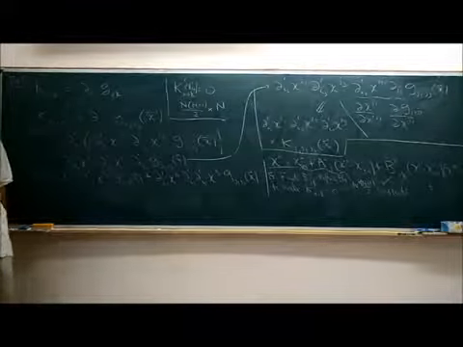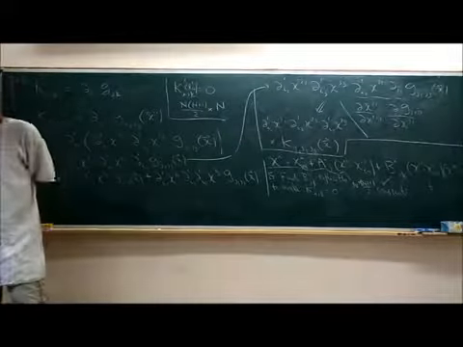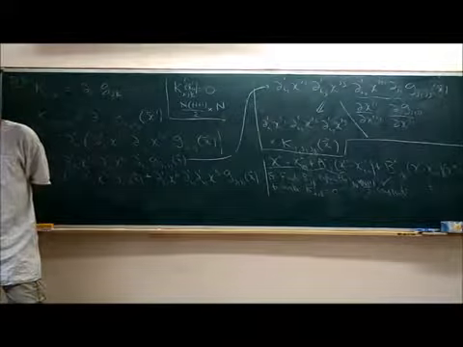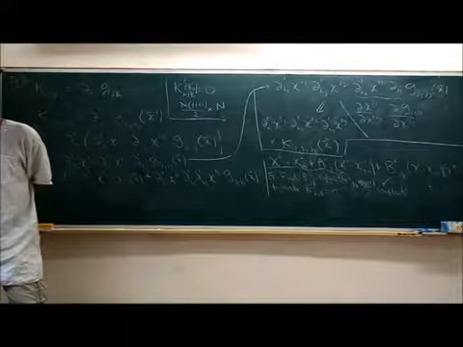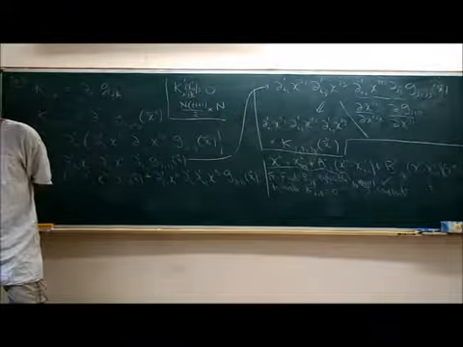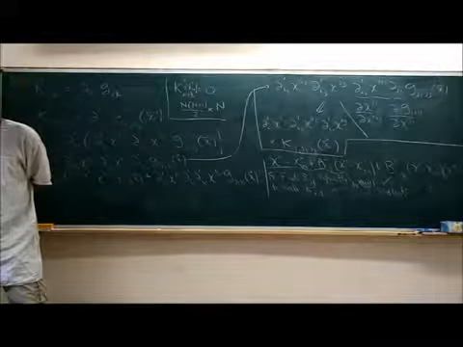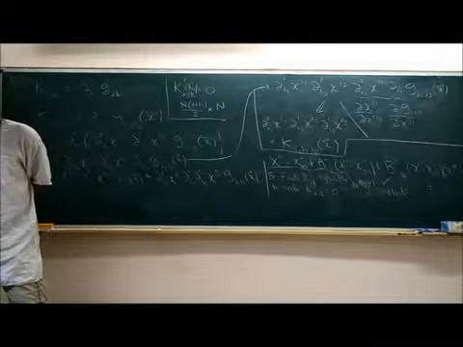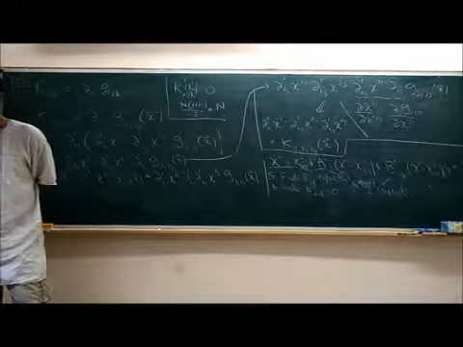For a tensor, it is sufficient if in some particular coordinate system I make it 0 at one point. Yes, then it will be 0 at that point in all coordinate systems. Sir, but shouldn't I be showing that in some particular frame it should be 0 everywhere? Yeah, but it follows.